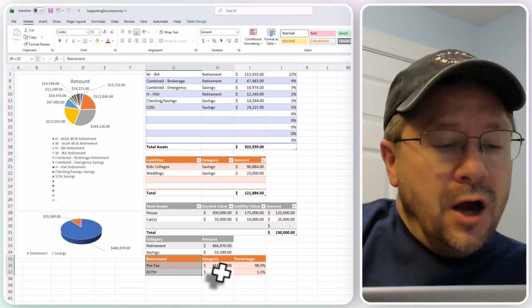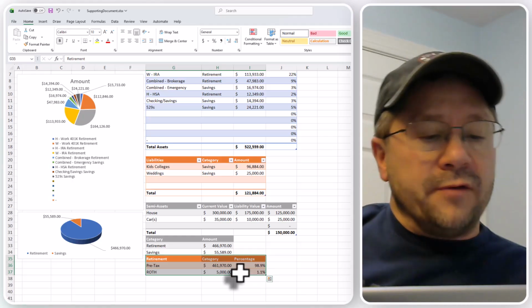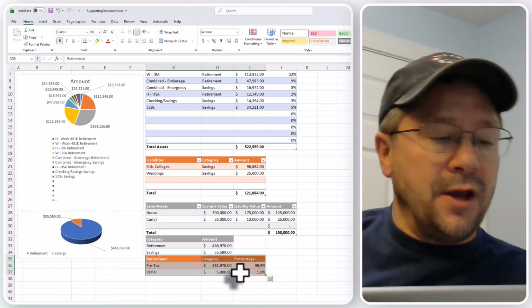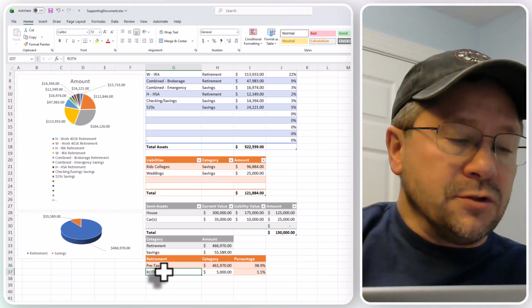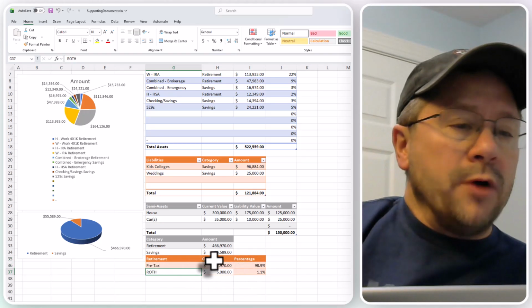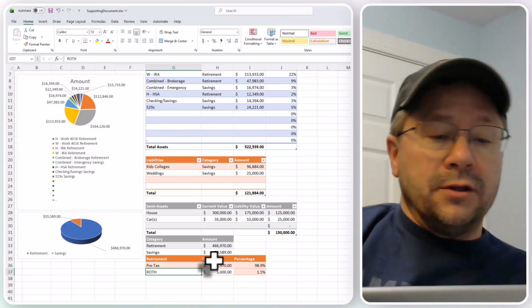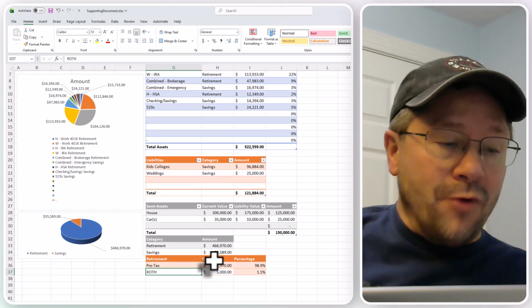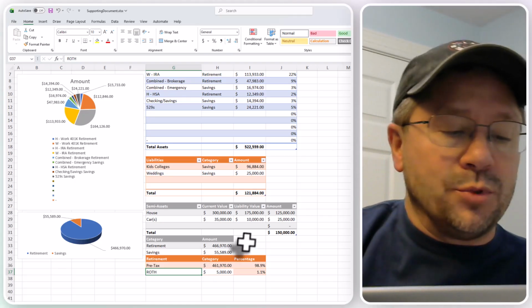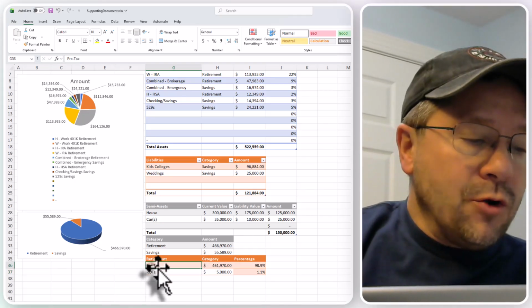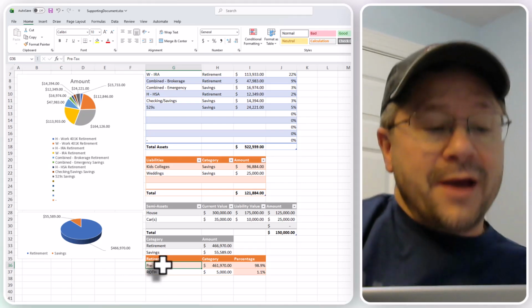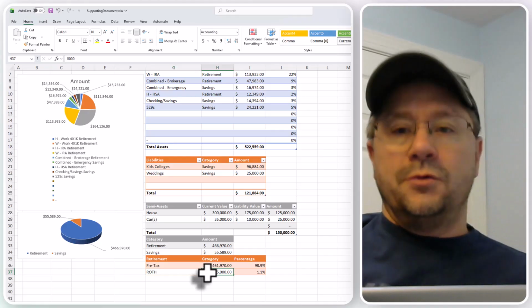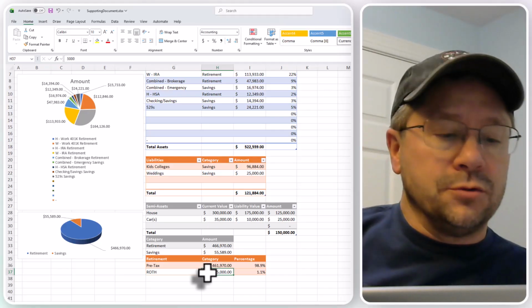And then down here, I'm still trying to figure out if there's a way that I can have it automatically sum up into it, but I don't have a way to do that today. It's pre-tax versus Roth. Well, again, while these figures aren't my own, they are a little bit representation in some ways of what I have. And I am very low on Roth. So I just thought it was an interesting perspective. Again, if you are very pre-tax rich and Roth not, you might want to take that into account as you get closer to retirement.